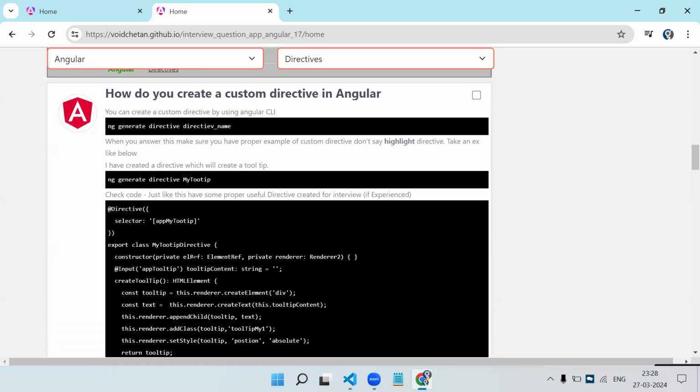I have listed some of them. You can either try to implement the same, or if in your project there is a certain requirement where you can create a directive, always go ahead and create a directive so that you can explain that example in the interview. No one wants to listen to the highlight directive. They want to see if you really have created any useful directive. Okay, so